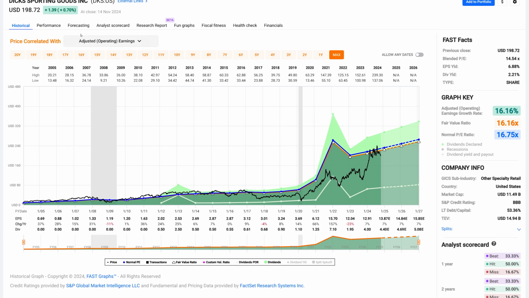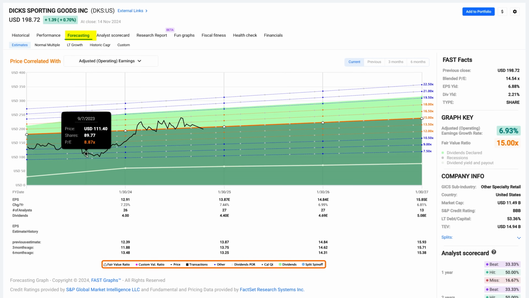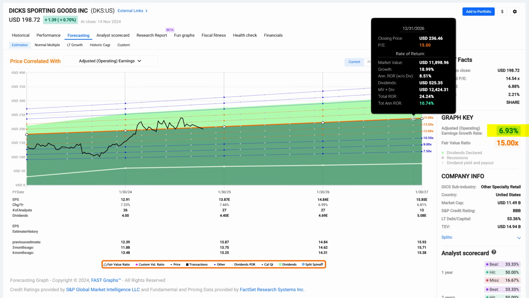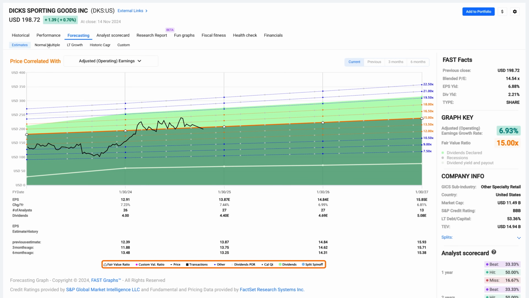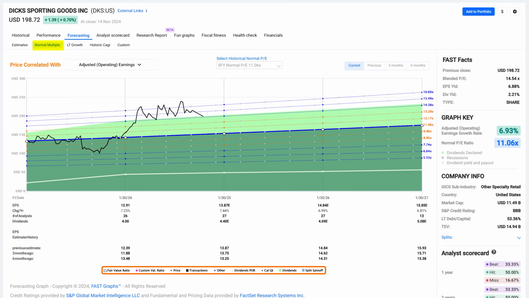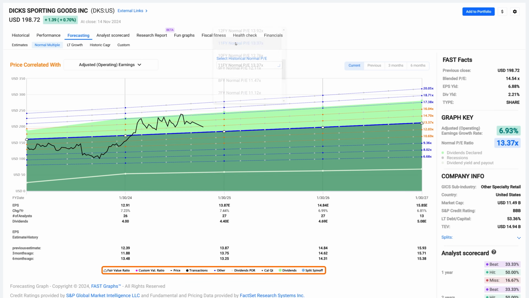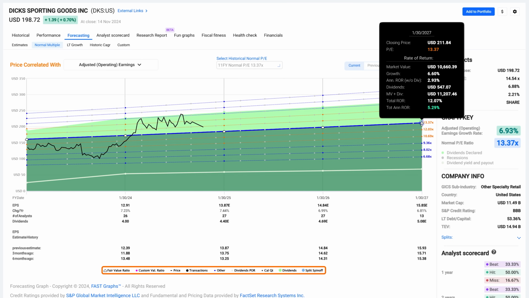All right. So if I go look at this from what would the future look like, a 7% growth, a 15 multiple would give us a nice double-digit rate of return. Using the normal multiple of around 11, it wouldn't look so hot. And my point is, when I'm doing these kind of things, I'm evaluating what is normal. And normal has been recently in the 12 and 13 range. Now, in a 13 multiple, the stock looks a little better.